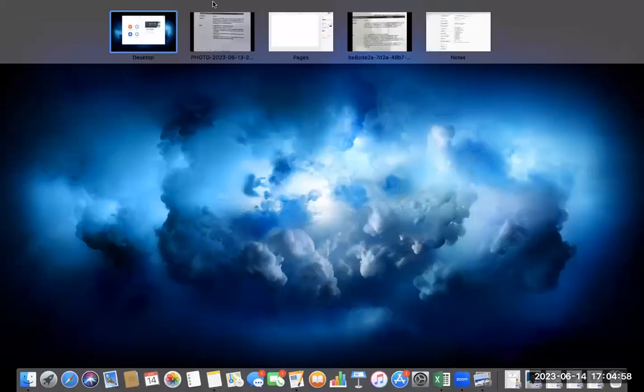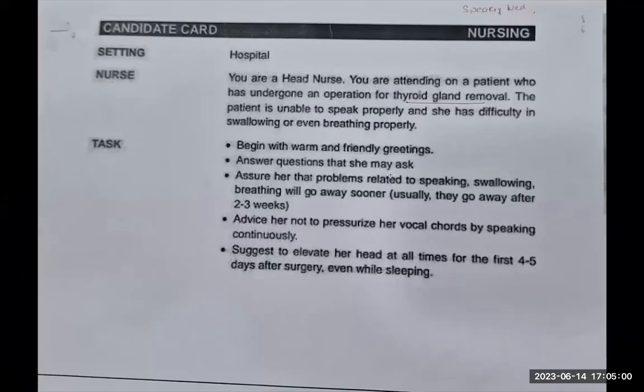OET speaking, writing, otherwise reading and listening also. But still, if you have studied from Hindi medium, Punjabi medium, or maybe if you are speaking Malayali or any other language, I'm sorry, I don't know much about regional languages. So I'm just giving an example. If you have studied in your own mother tongue, then the only problem happens in reading and listening. But these are also not impossible. These will also happen. But the easiest thing that can happen is writing followed by speaking. So these two modules can be done very easily.